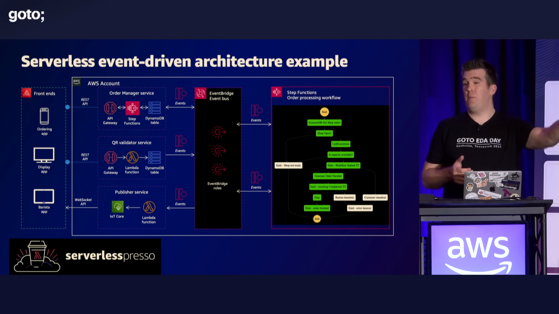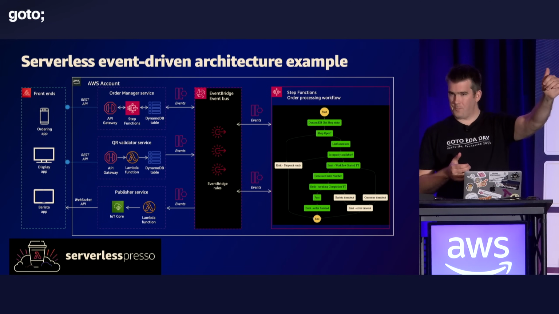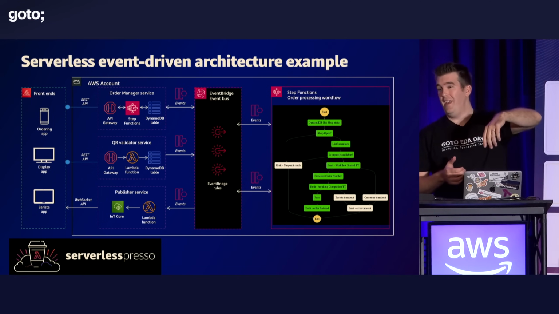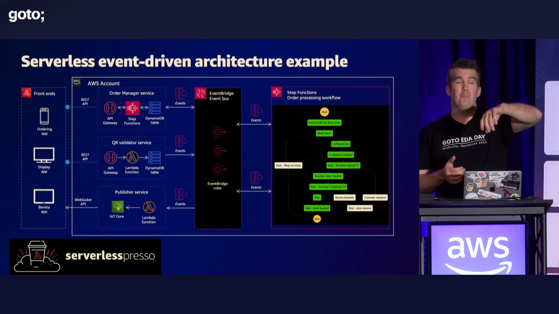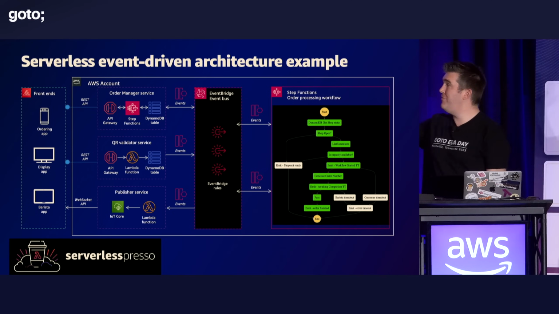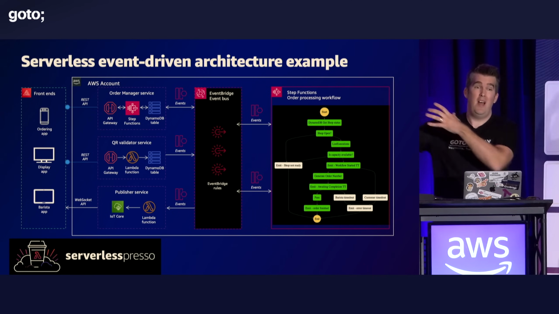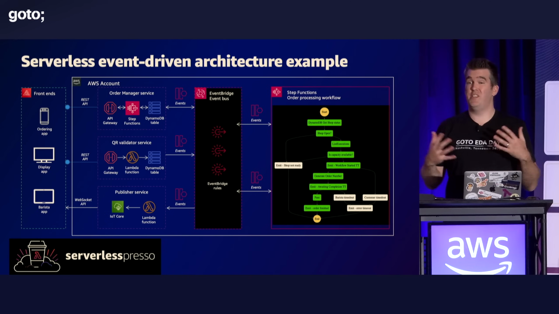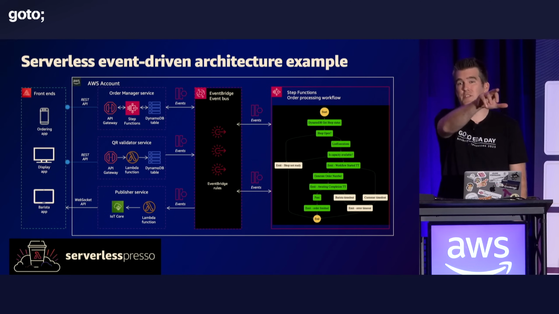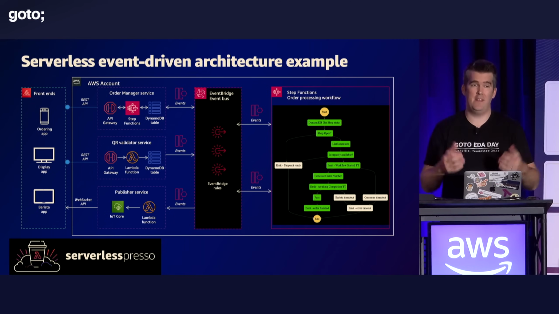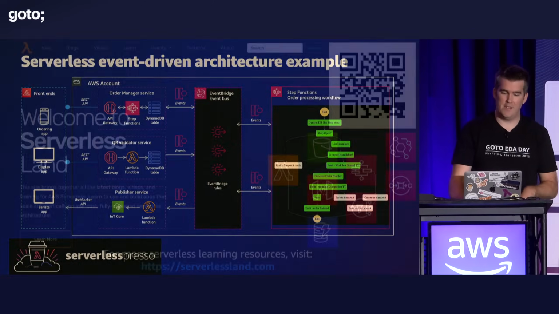We have serverless espressos. Anyone got a coffee yet? A few people. So if you need a coffee after this session, I recommend going over there because this is a fully event-driven system. We use API Gateway, DynamoDB, we use streams, we use EventBridge and Step Functions. And if you want to dive into this, feel free to grab one of us over there and we can help you and explain this. It's a really great way of looking at this.